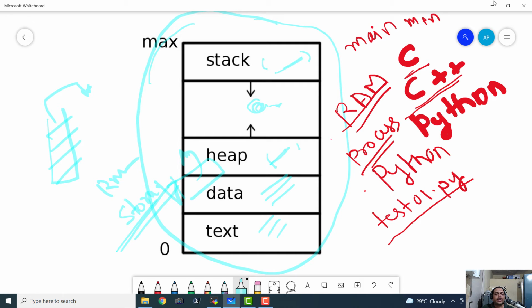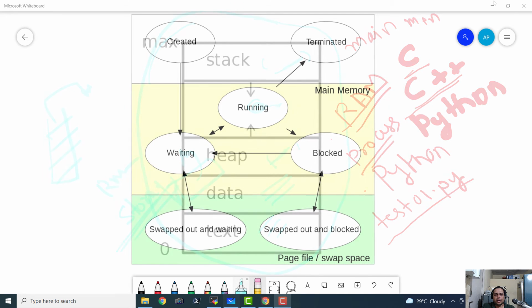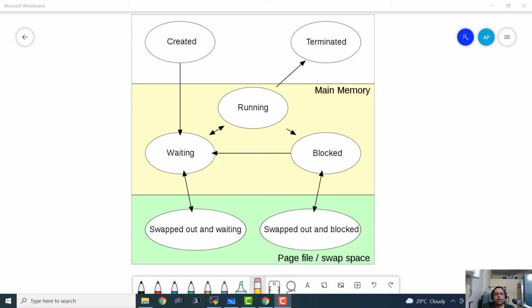Now let us go ahead and check the state diagram of the process. Now this is the state diagram of a process. We can roughly divide this into two parts. The first part is where that process is not alive yet. So it is still in the phase of program. It is not a complete process yet. And this is that part where that process is not alive or it is dead.